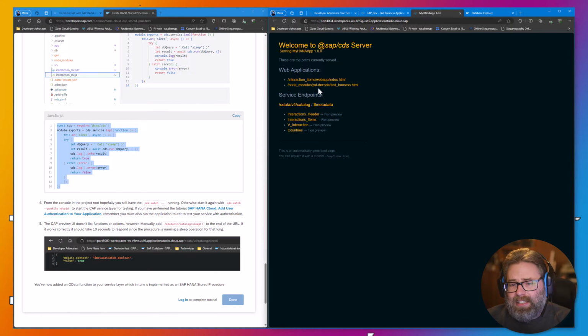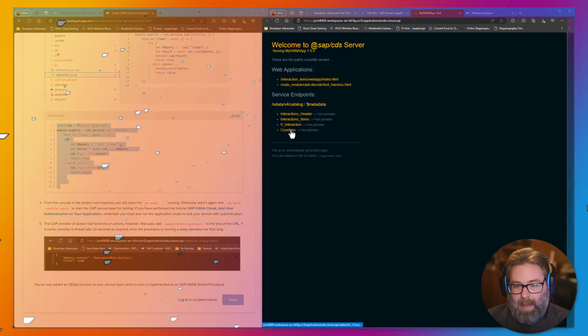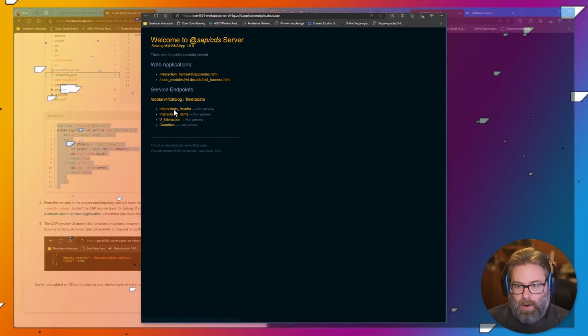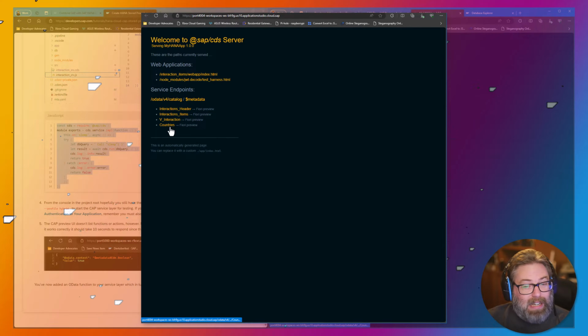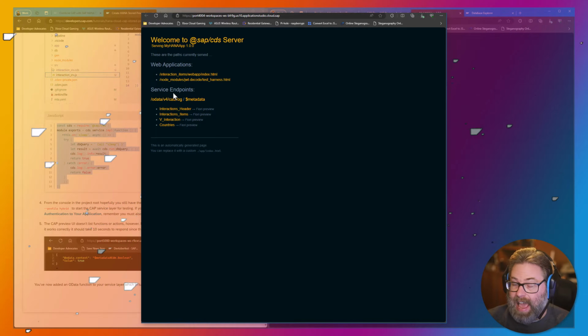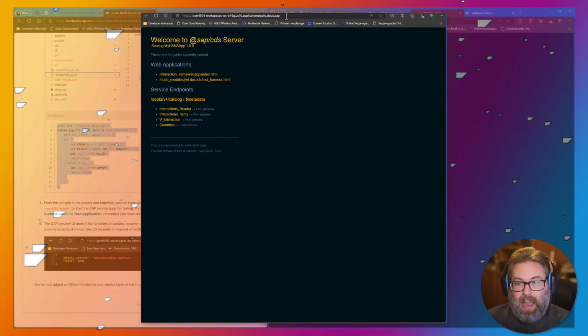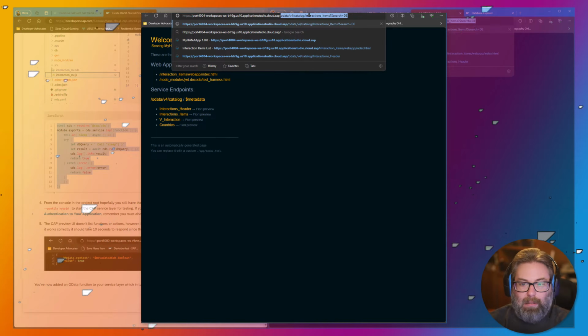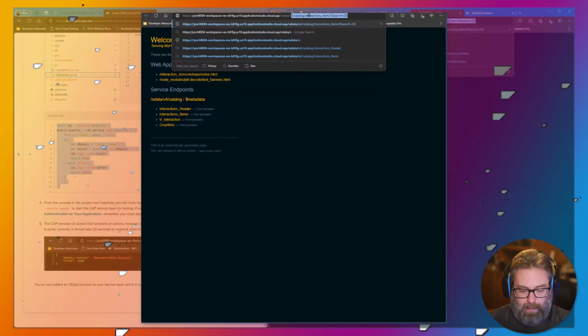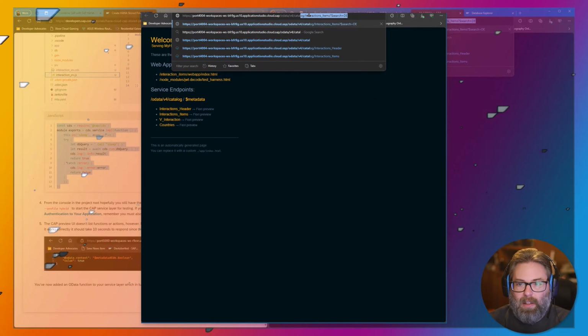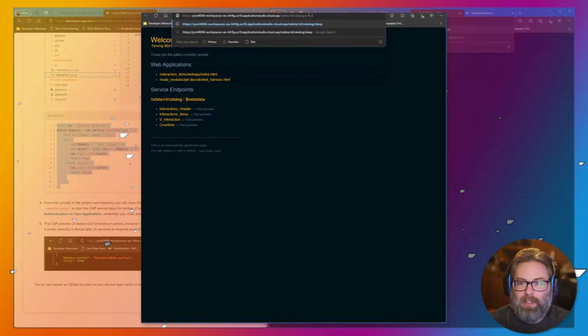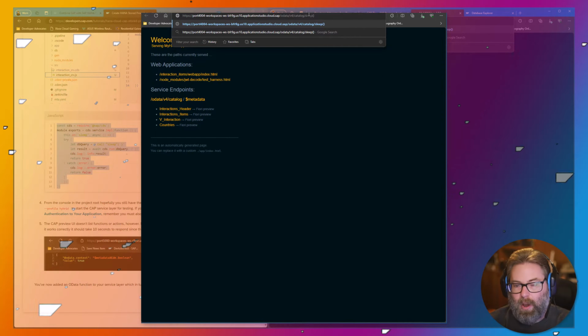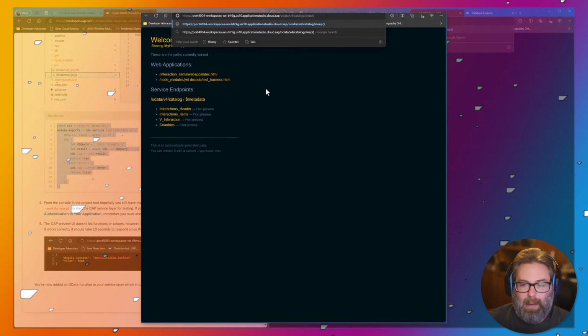Now, the only thing is, our entities automatically show in this little test page for our service endpoints. Functions and actions do not currently get added to the test page. So we just have to manually type the URL on the browser bar. So I'm going to come here and I'm going to add OData v4 catalog. That's the name of our service. And then we're going to say sleep. Put the params on there because there is no input parameters that we're passing in, so empty.